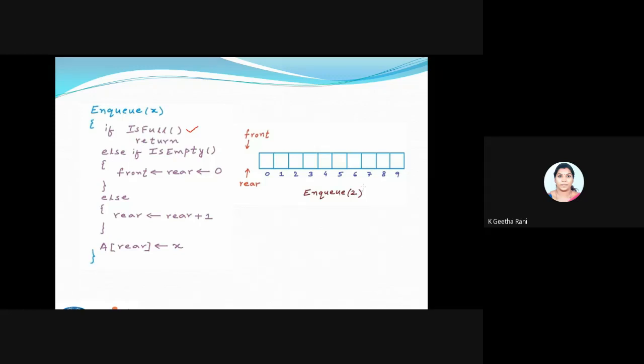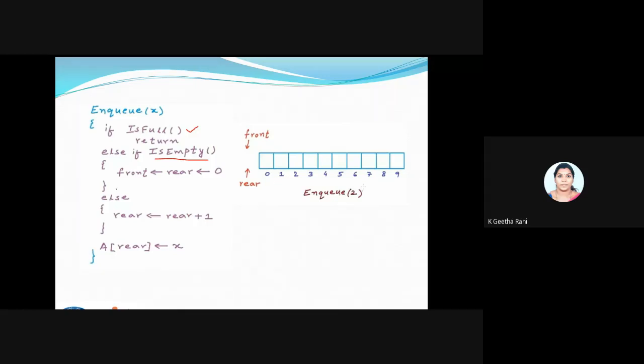Next comes else if. Here I'm checking for empty. If it is empty, in the sense that I won't be pointing to the rear, I have to make a small initialization. What is that? My front and rear will have the index 0. Then my queue is empty, so I can add some data.